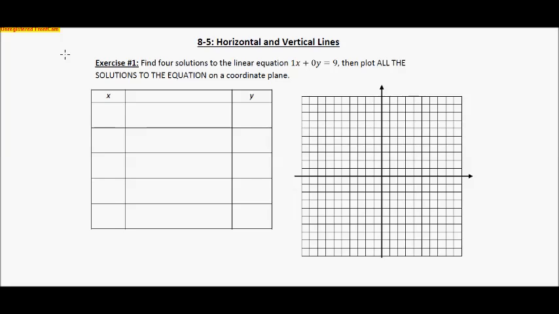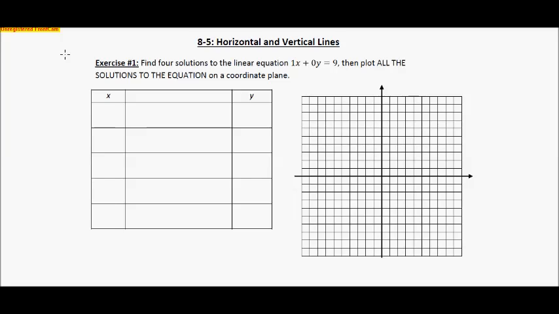Hi everybody, this video is on horizontal and vertical lines, and the 4 exercises in this video are asking us to do the same thing as the video before this, but these are special cases of the exercises that we did before. So we're going to jump right into exercise number 1, and as you can see it says find 4 solutions